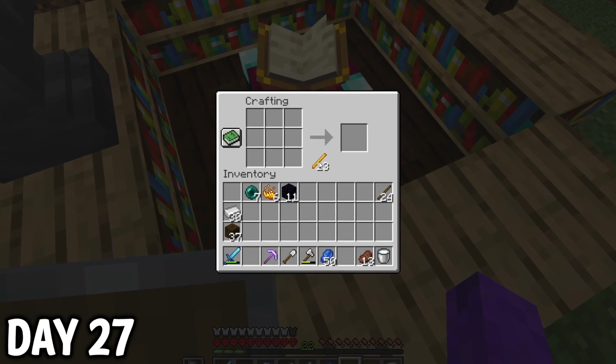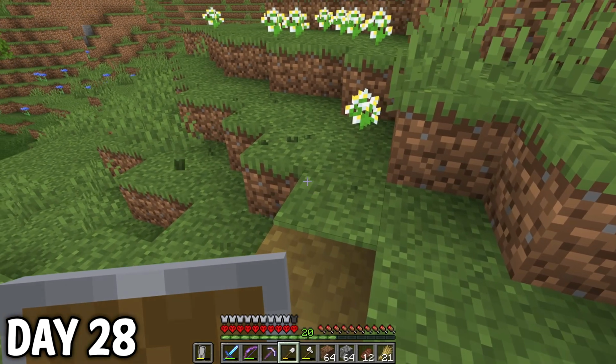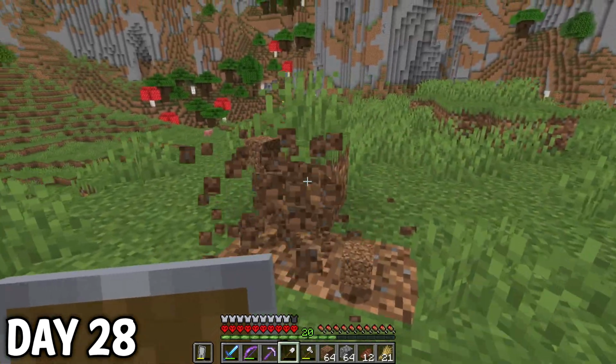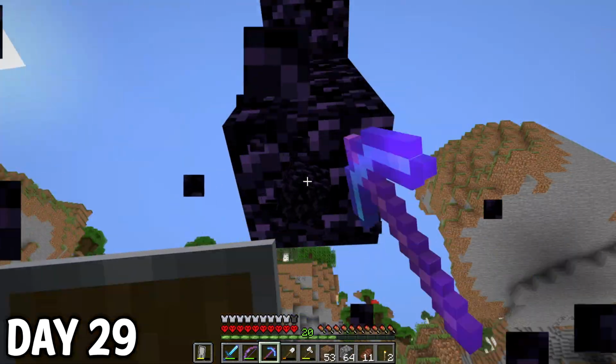I crafted up some Eyes of Ender and used one to make an ender chest. Then I enchanted this iron pick. Moving onward, I started clearing a path and taming some more terrain. I did the same thing by my base, and even removed my portal so that I could start work on